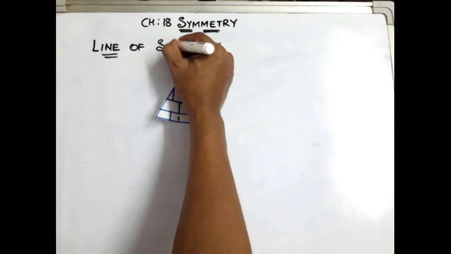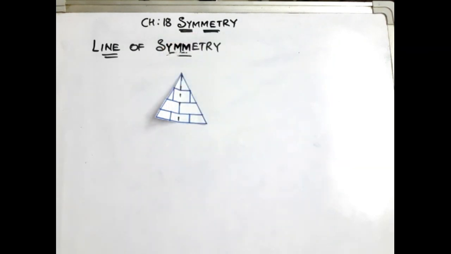Okay, don't write anything for today. Tomorrow I will give you the notes. So that's all for today. Please keep these things in mind, because in the next classes we are going to learn other topics like rotational symmetry, for which line of symmetry is quite important.